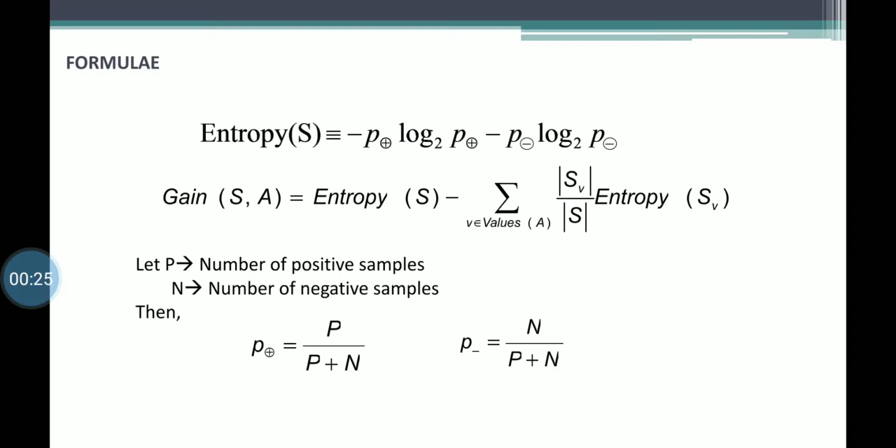Entropy of a sample is equal to minus P positive log to the base 2 of P positive minus P negative log to the base 2 of P negative. This represents the contribution, or the level at which it is going to affect the decision. If we represent it in the form of information gain, it means the level of contribution made for the decision making. Entropy means how it is affecting the classification. It's the opposite case: if entropy is minimum, information gain will be maximum.